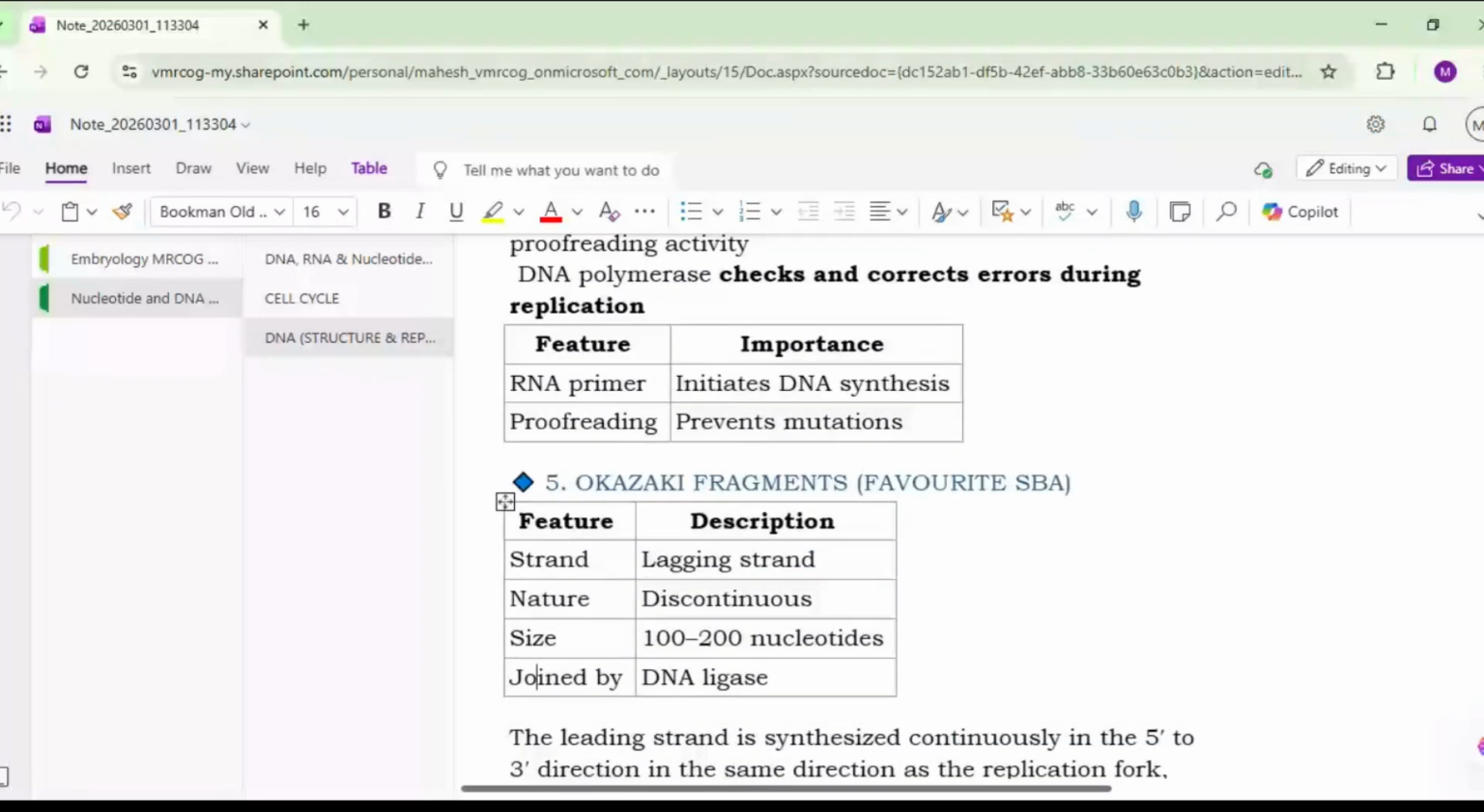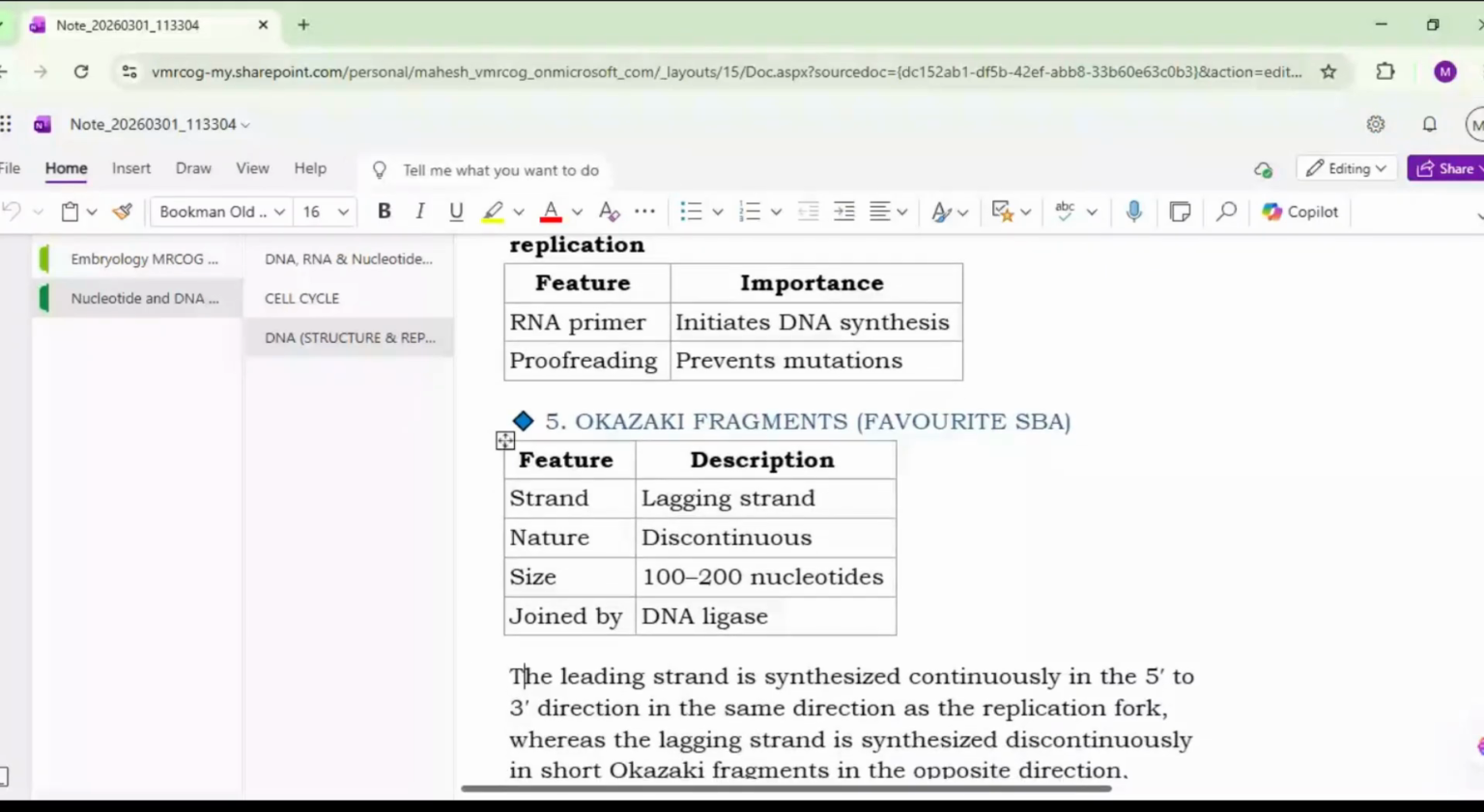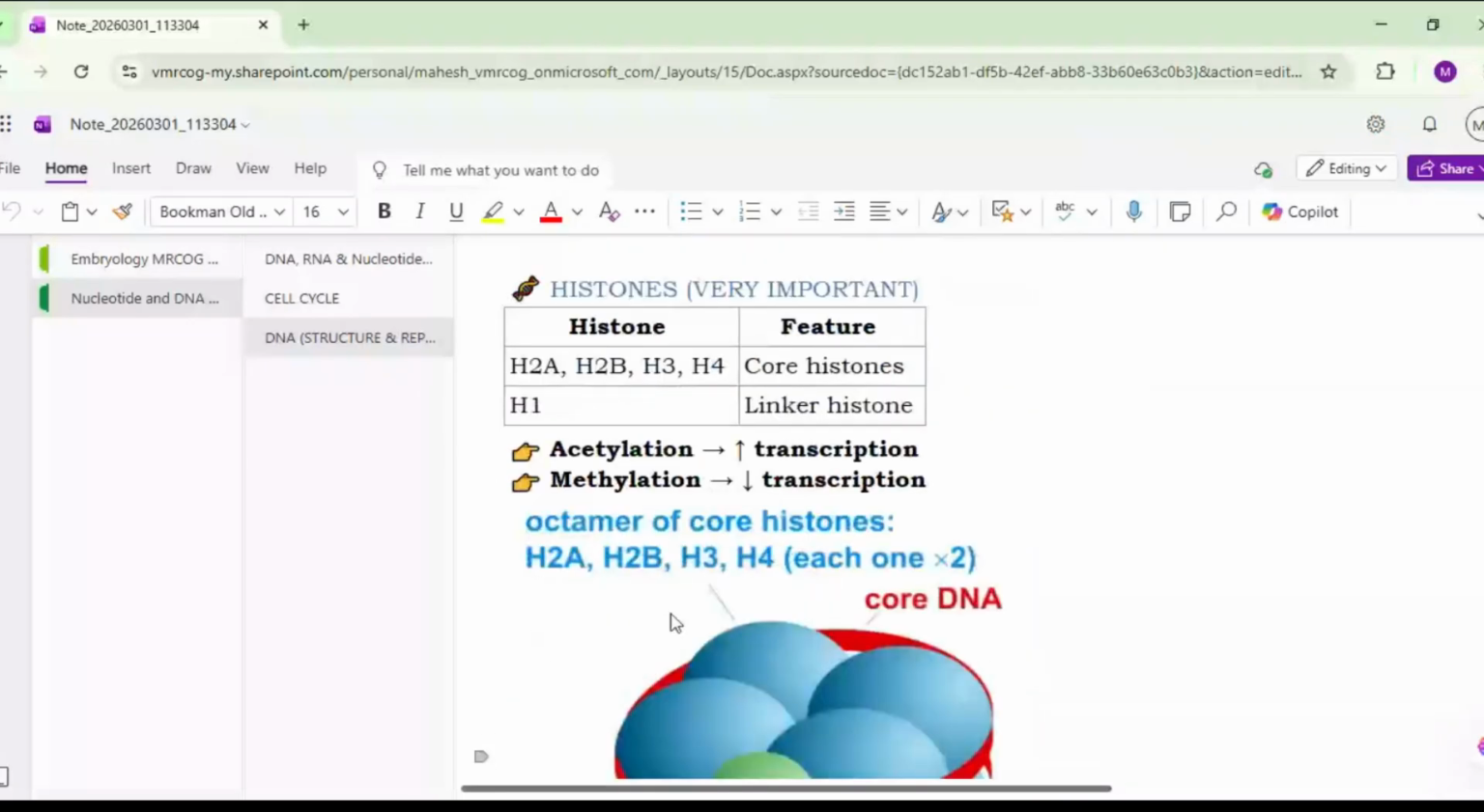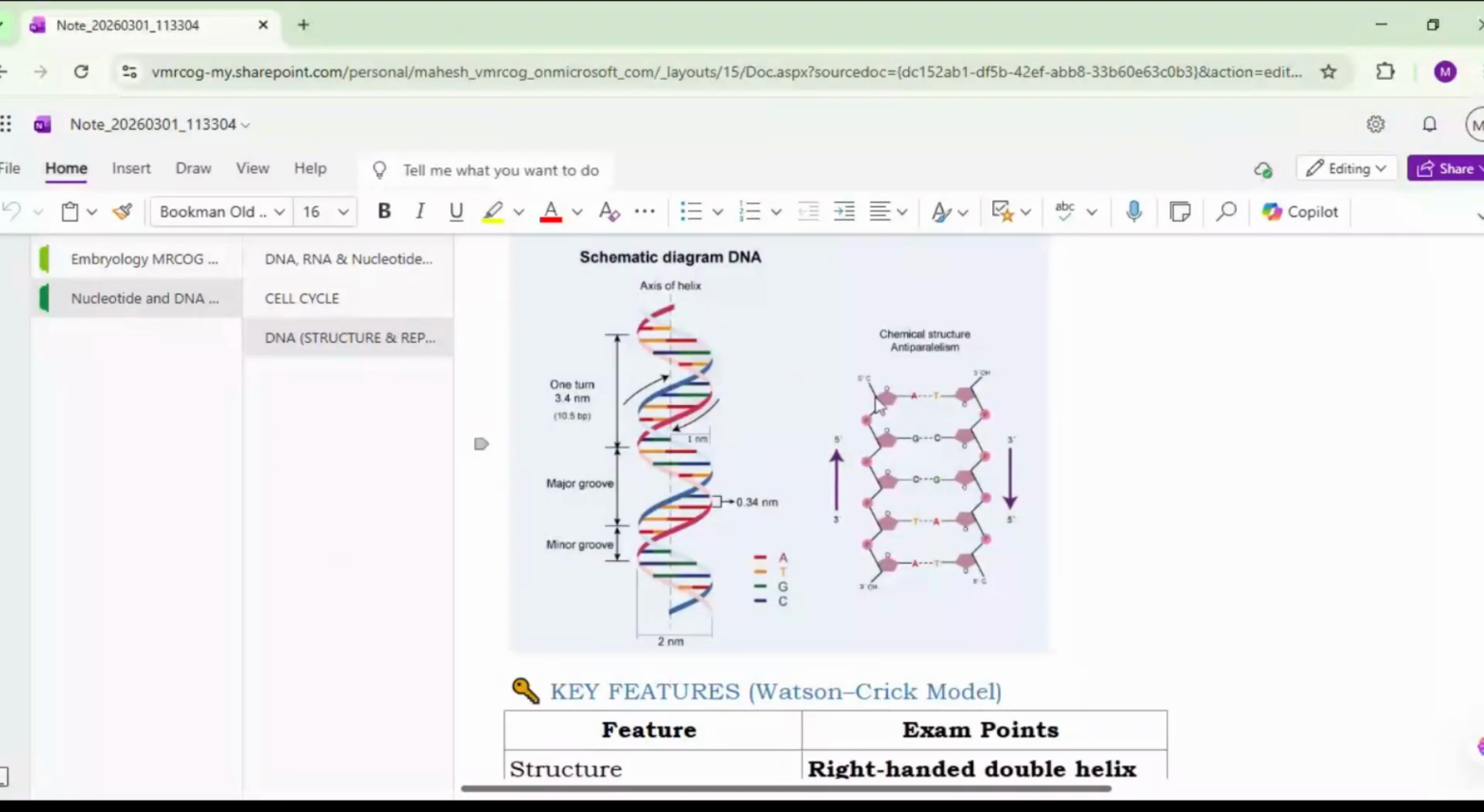This is in the lagging strand. Okay, the lagging strand is in a discontinuous format. It will form the Okazaki fragments. So the strand is a lagging strand. Nature is discontinuous, and size is 100 to 200 nucleotides, and then they are joined to each other by the DNA ligase. So once there is unwinding of these two strands, there will be one strand formation in the